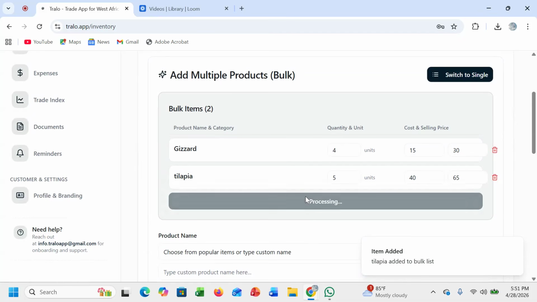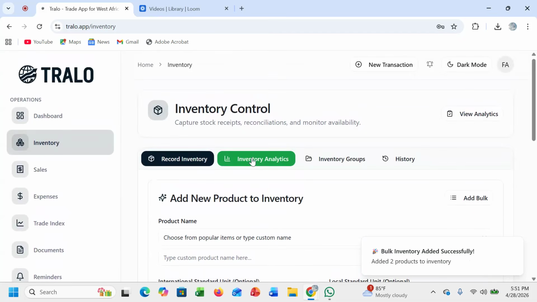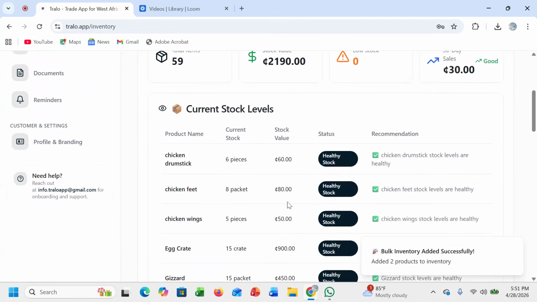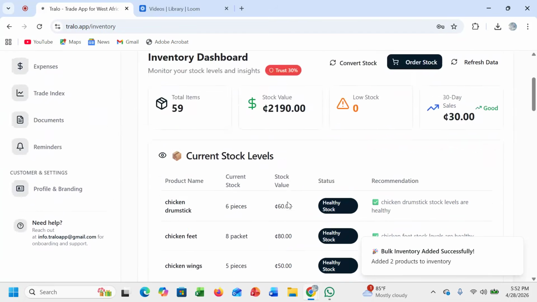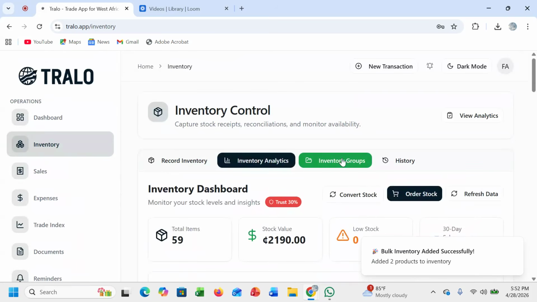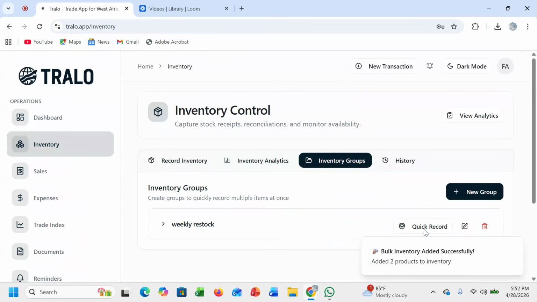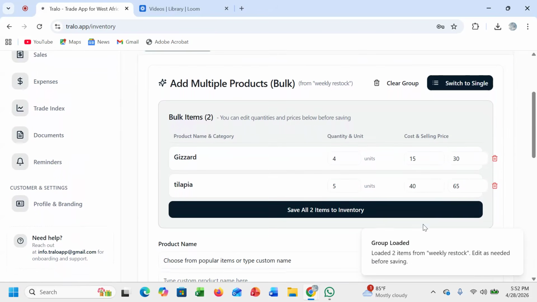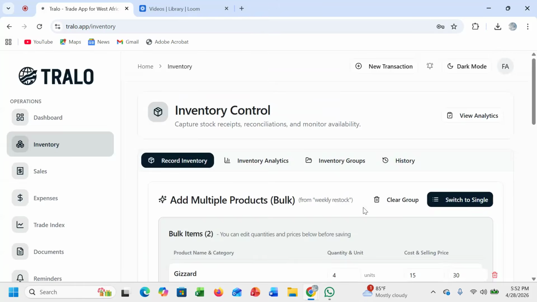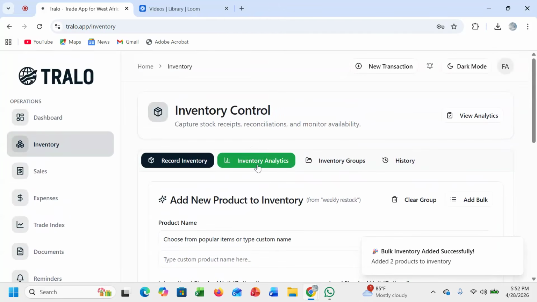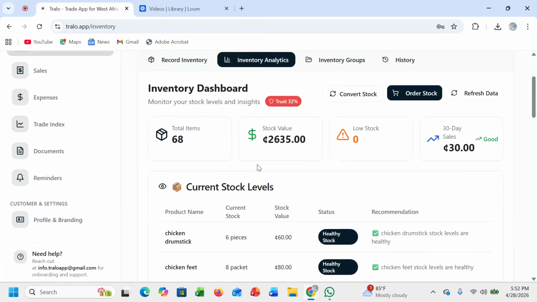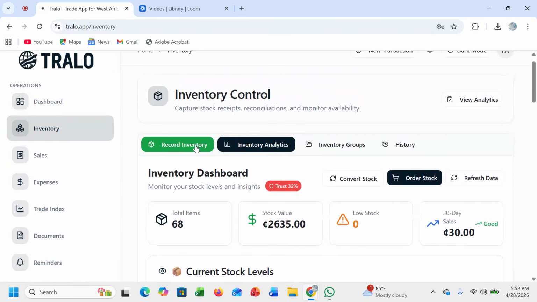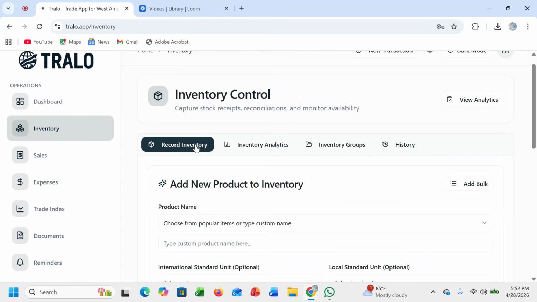So as soon as I save that item into inventory, first off, we see that when we go to inventory analytics, the information has changed. And then when we go to inventory groups and we click on quick record, that information is there for us to once again save to inventory. Yeah, and then we are good to go. We go to inventory analytics, the change reflects, and basically that's it. So that's how to navigate the inventory section of